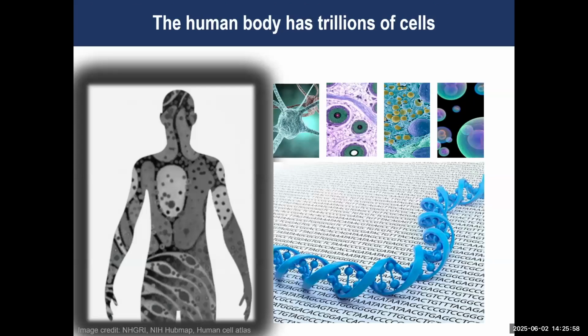Now, the human body has trillions of cells, and every cell contains genes. To better understand human health and human diseases, it is very important to understand the cellular mechanisms behind the different types of cells we have in our body. Because it's the interplay of these cells and genes which helps us understand how a disease progresses.